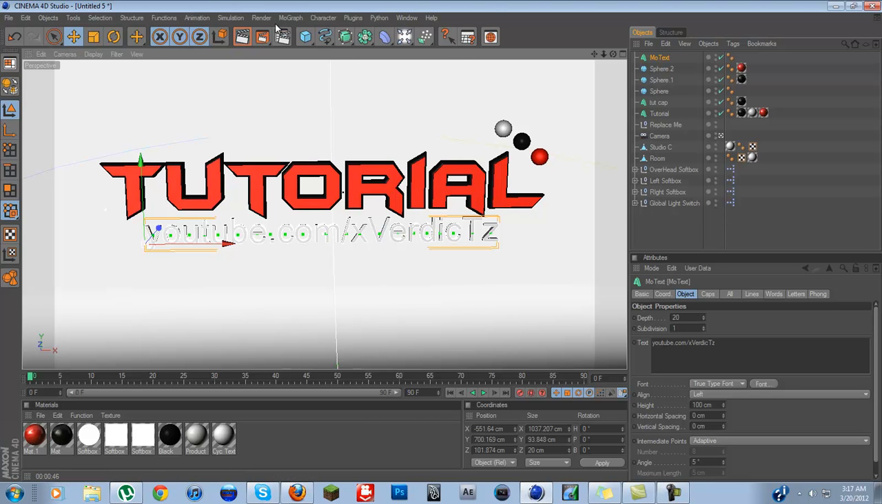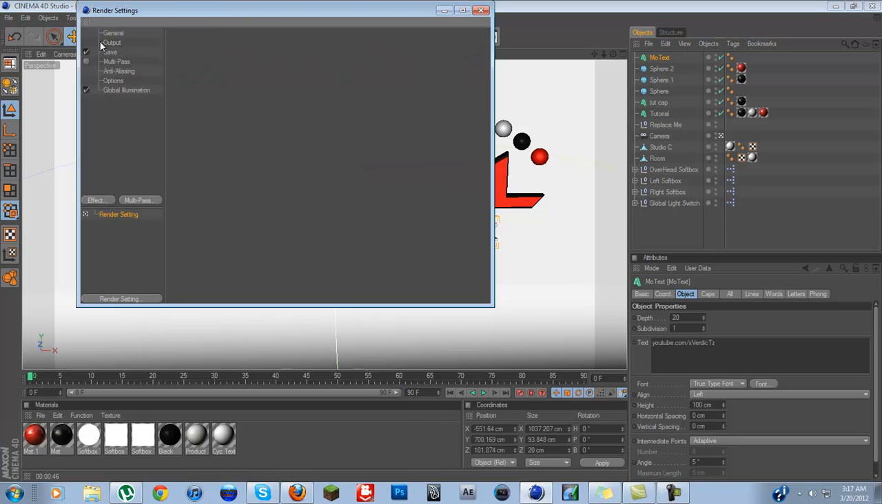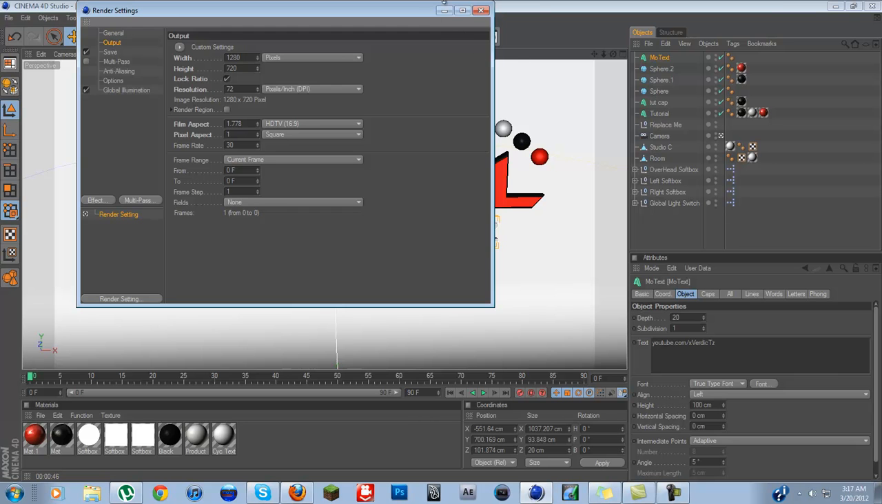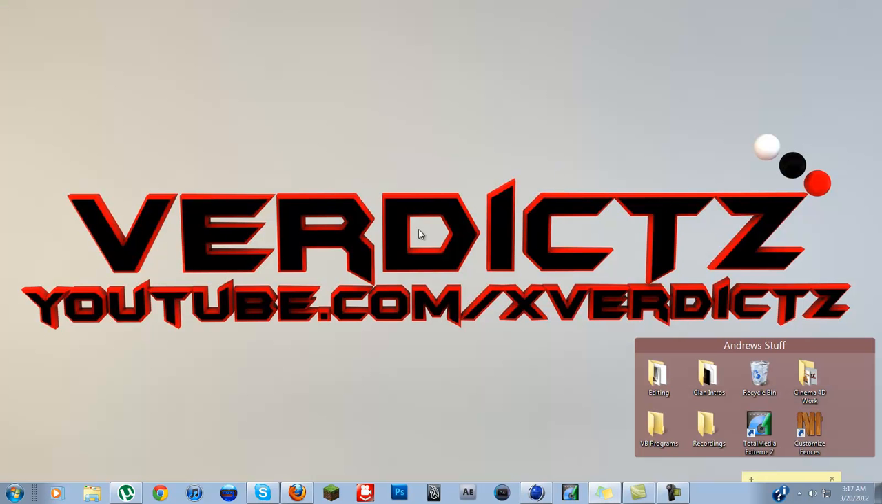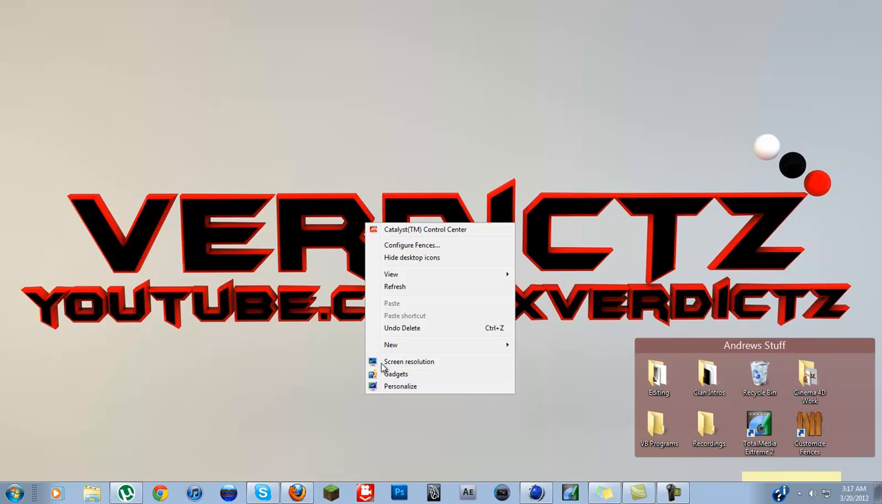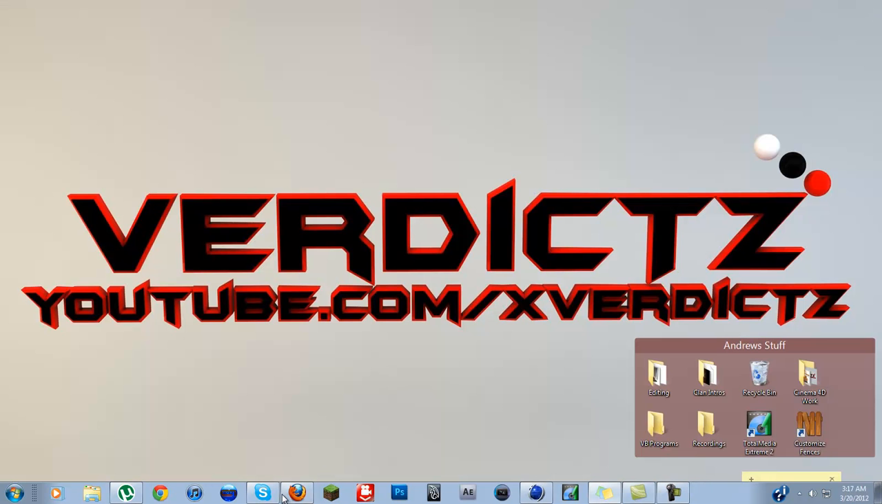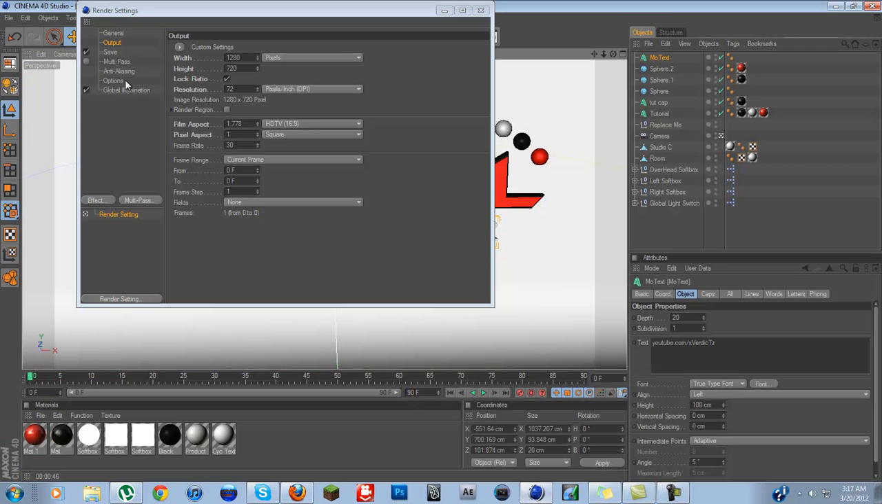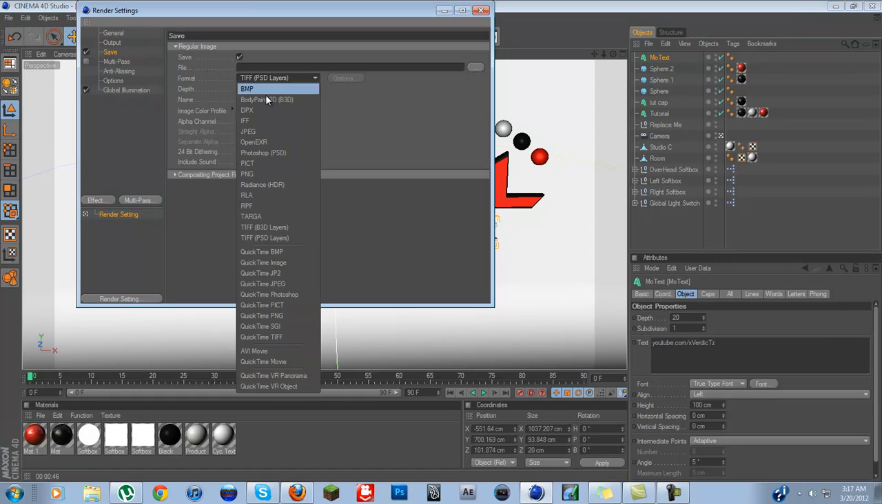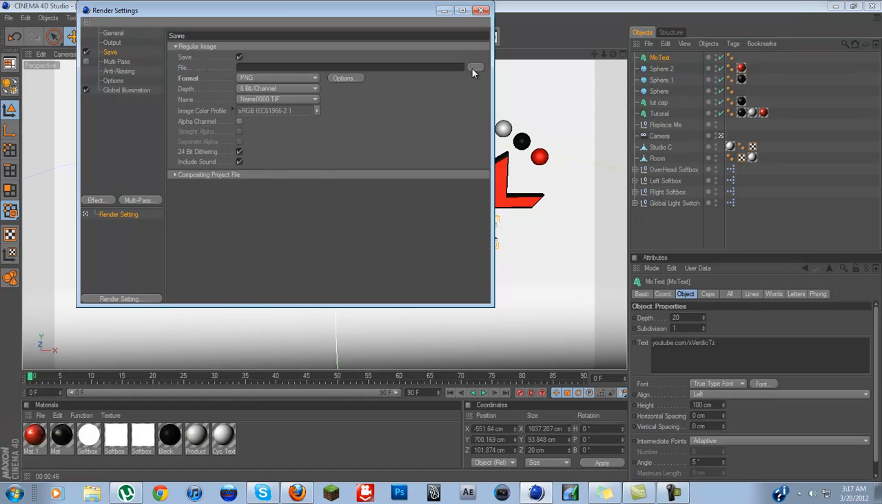If this tutorial will help, oh yeah, I forgot to change render settings, my bad. Output, you just want to use your desktop screen resolution. How you do that, you just go to your desktop, right click, screen resolution, and then it shows it right here, resolution. You just enter that in for width and height. I just do lock ratio for save. You want to do PNG, save it to wherever you want,